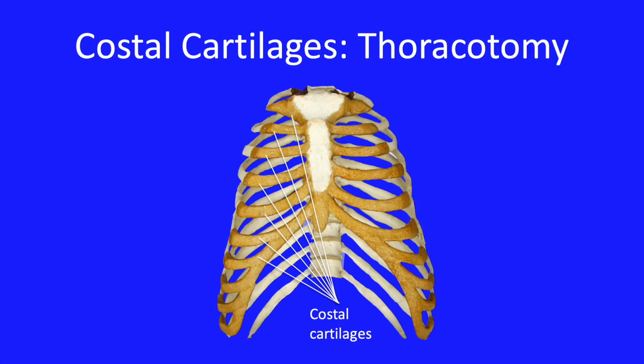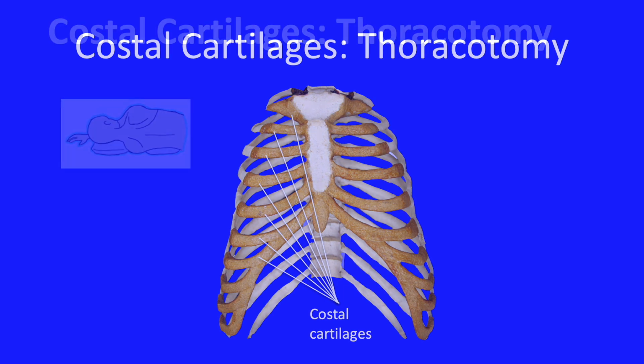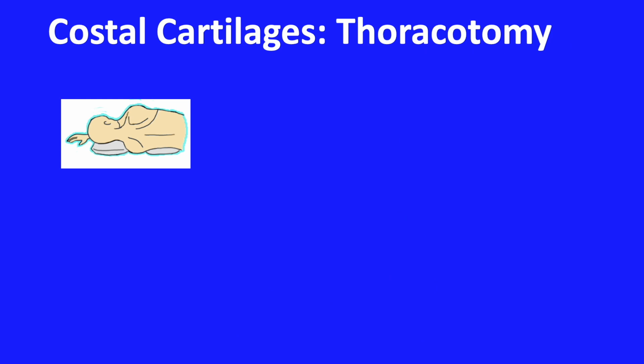Another feature of ribs that is of clinical significance is the way they attach to the sternum by way of the costal cartilages. The cartilage grants the ribs tremendous ability to be mobile, a feature of ribs not easily appreciated when you first observe the ribs attached by wires on a skeleton. Let's see how this mobility of ribs is exploited during a thoracotomy, or an operation in which the chest cavity